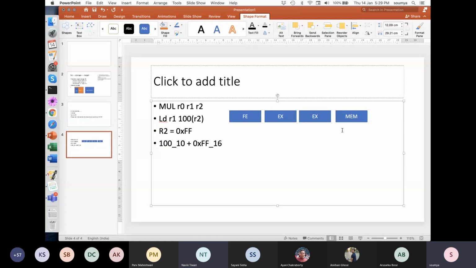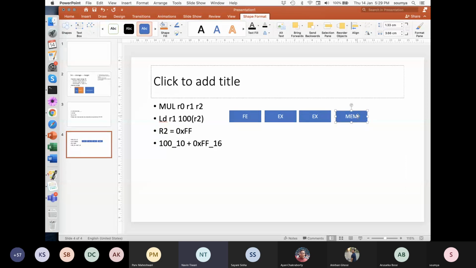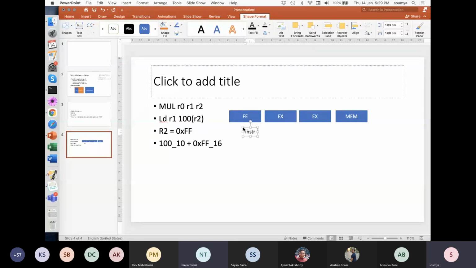So I think the previous instruction has to first write it, right? Access the memory, and only after that the next instruction can do something with it. Yeah. Unless the first instruction is done with it, the next instruction cannot, because it will give wrong result if it tries to. Yes.